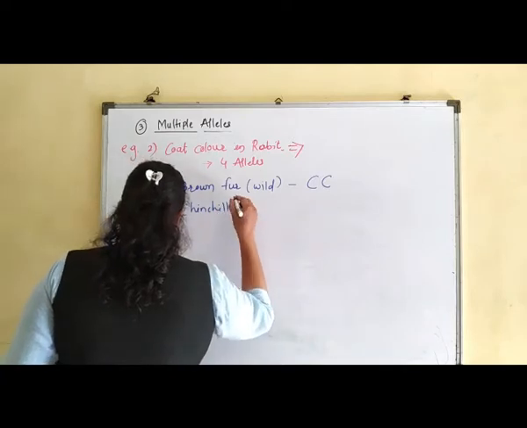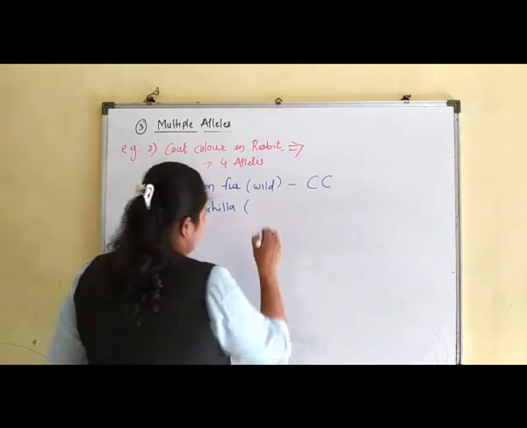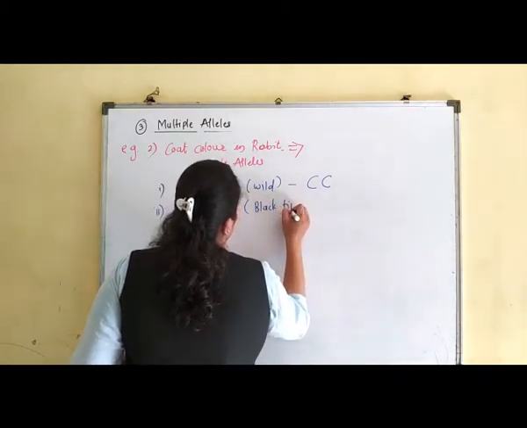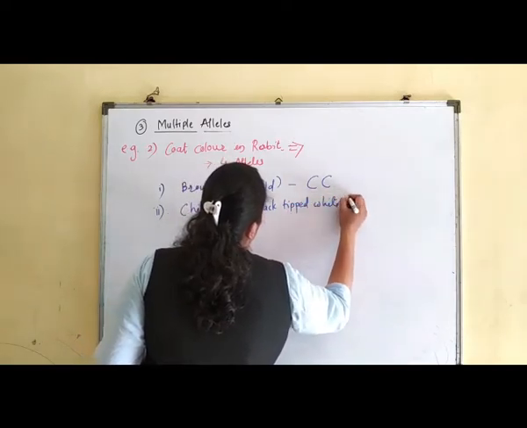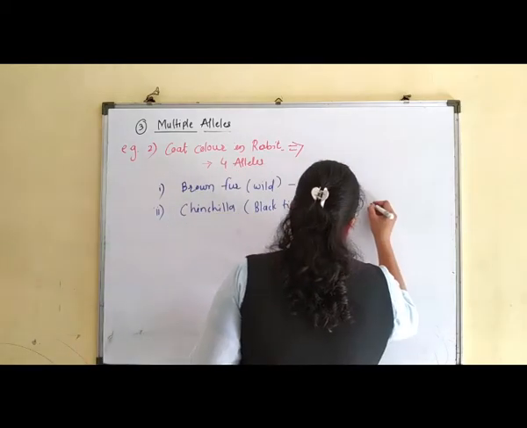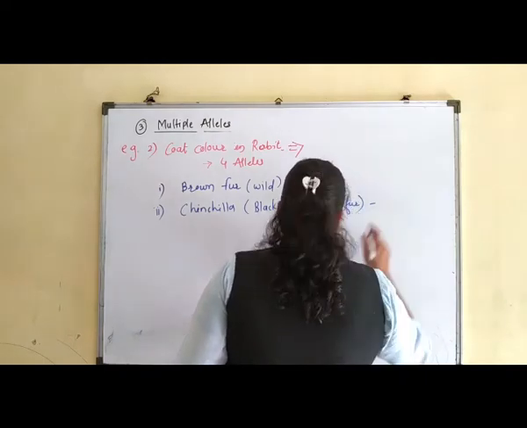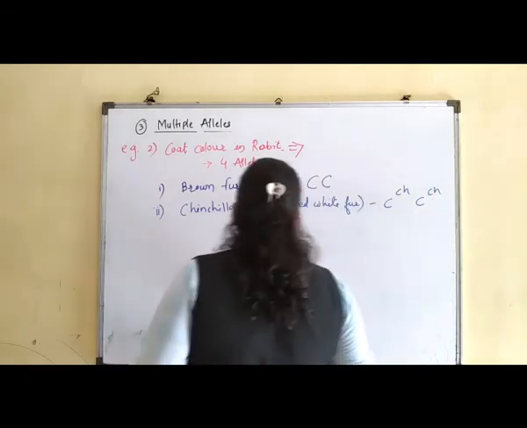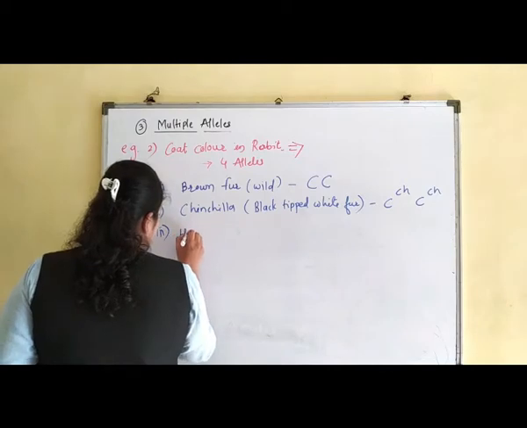Okay, it is black tipped, or white fur having black colored tips. So, black tipped white fur. It can be an expressed condition, and the allele for this is c^ch, that is, ch is for chinchilla. Then the third one, that is Himalayan,